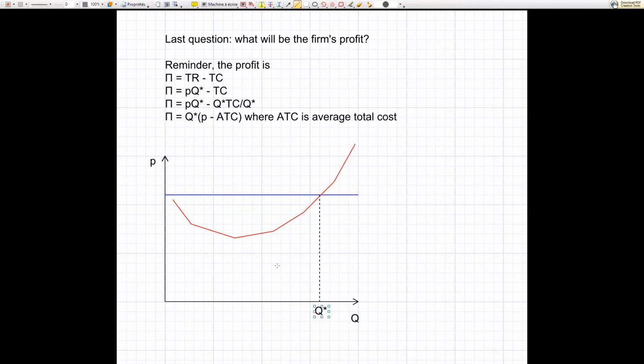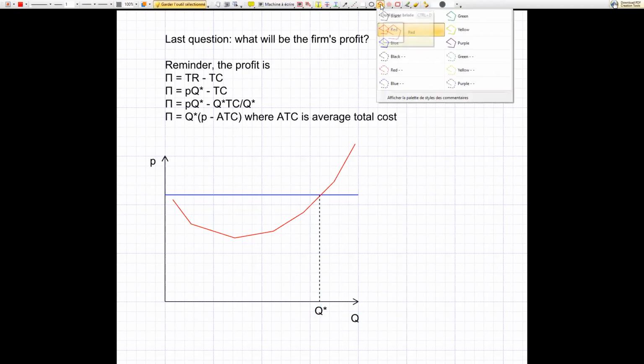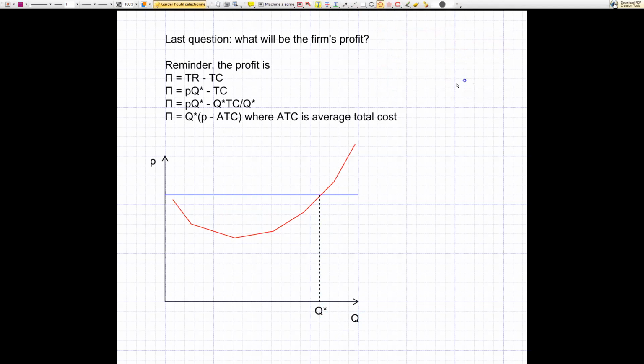And now you may remember that average cost, what does it look like? Because now that's the curve I need. Before I was using average variable cost, but now I need average total cost. So let's have some, let's say purple. What is the average cost when I produce something very, very, very tiny? Somebody remembers? Average total cost.